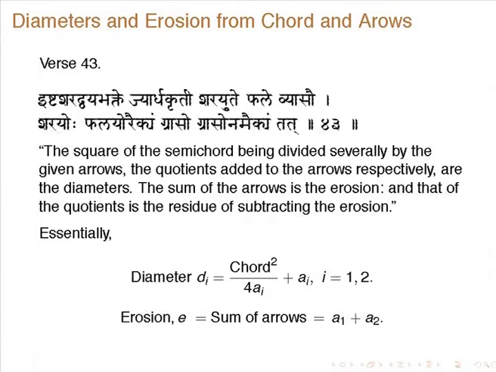So essentially the same result is there, you can use similar arguments to get this. There is nothing very special about it. Essentially, you have to use that result, that chord is equal to square root of (d minus a) into a times 4. That is what is done, and this relation between a1 and a2 we had got.